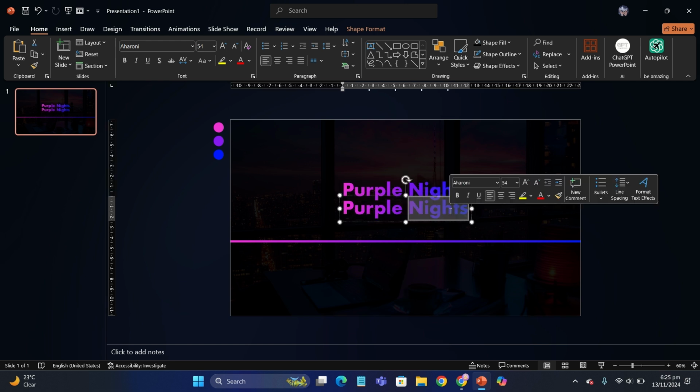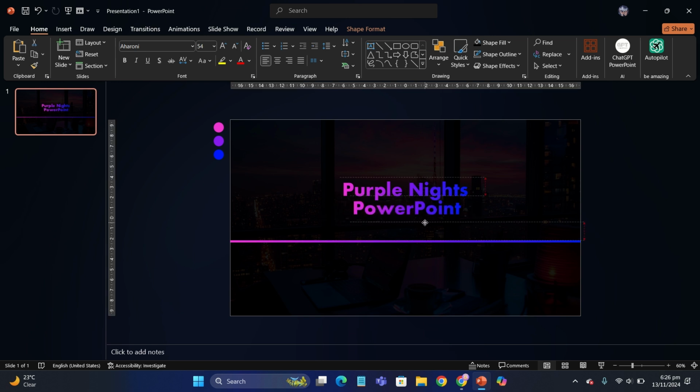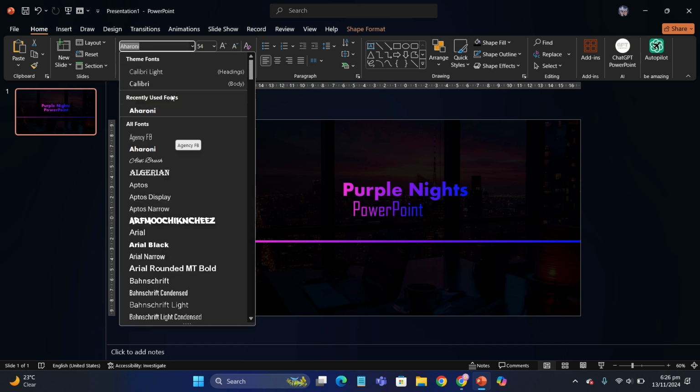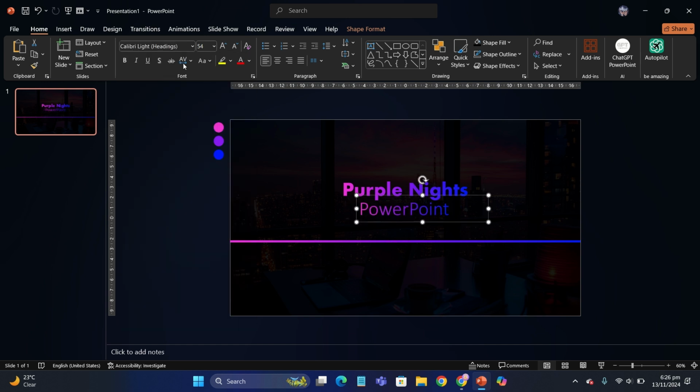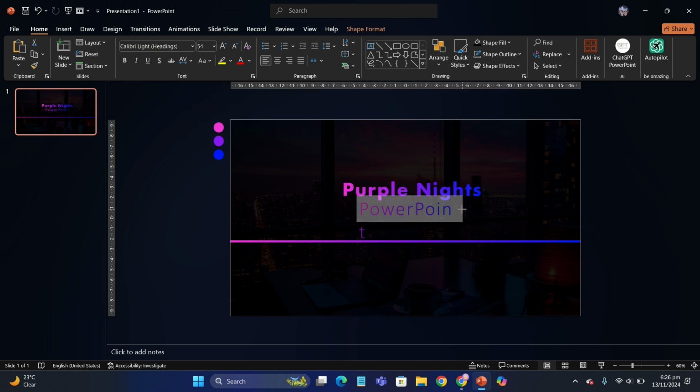Be sure to use a perfect gradient, and now what we're going to do is insert a subtitle. Right now I don't really have a subtitle, so I'm just going to use PowerPoint as the subtitle. Let's give it some spacing and the title some spacing as well. We're going to put them into the center of the template